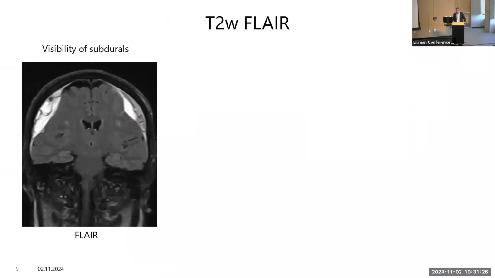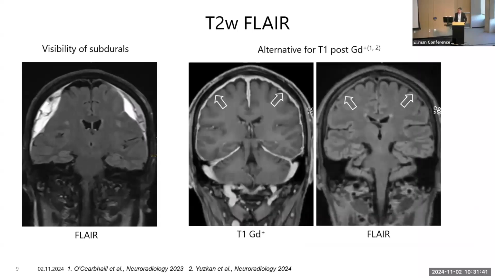And then we have another important MRI sequence, which is the T2 FLAIR. This helps us to see hygromas and chronic subdural hematomas, like in this example, in a very sensitive manner. But there's another feature described in the literature, as we can also see the dural enhancement without contrast. I think the data are a little bit conflicting, so I would suggest only to use the FLAIR to see the thickening of the dura when we cannot give the contrast agent. So only as an alternative.